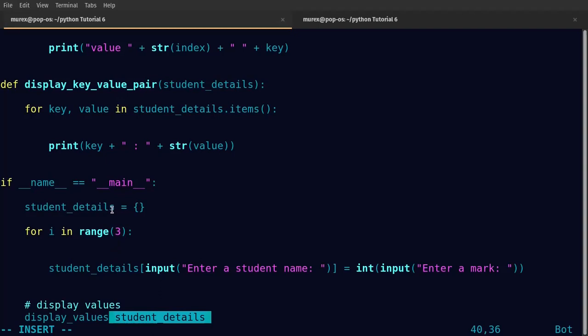The reason why this cannot be any name is because if I give it a name that is not of a dictionary type, that will be a problem. But in your function parameter, the parameter name can be anything, because basically what's happening is that this argument gets to be a value that is assigned to your parameter. Cool. So if I run this,